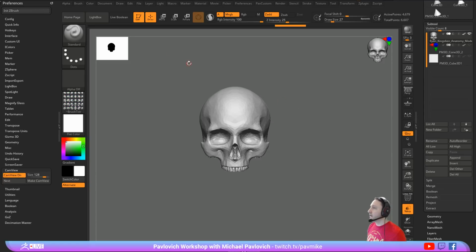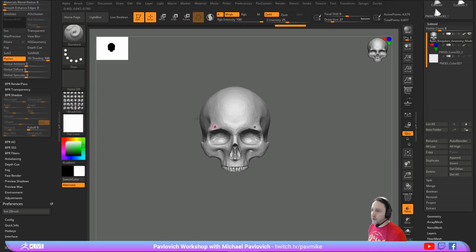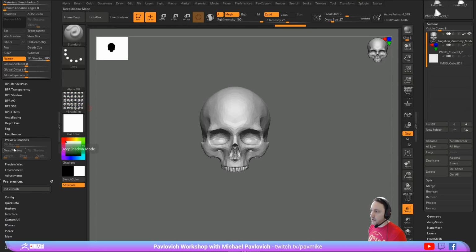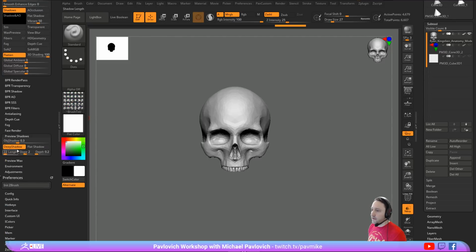Oh, deep shadows. That's a good point. So when you go in here to your render settings, you do have your render. So here's the BPR shadow settings. You also have real time, the preview shadows. So if we do have shadows turned on, which is right here, and then you turn deep shadows off, you're going to see it's going to kind of gray those shadows out as well. Thank you,